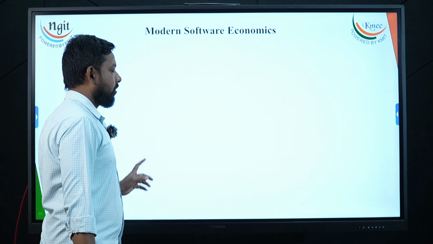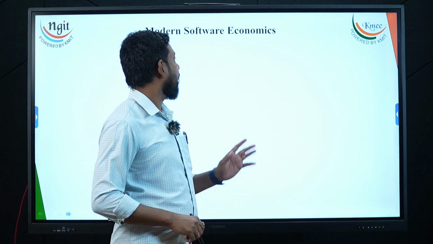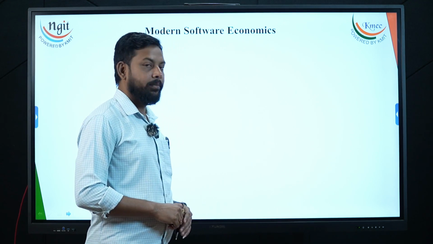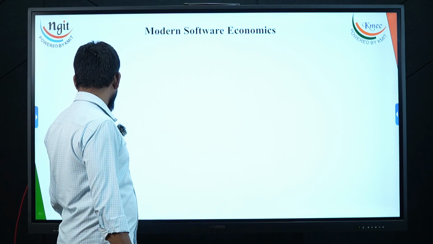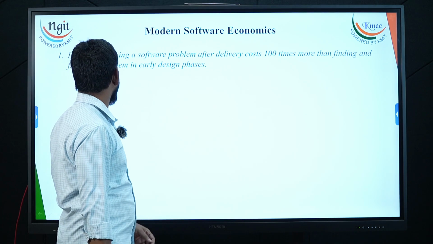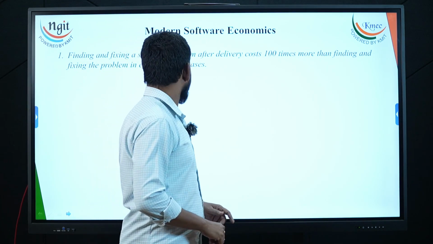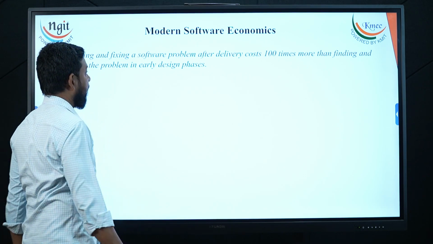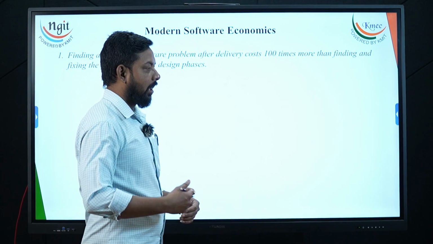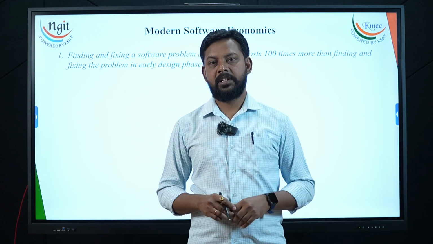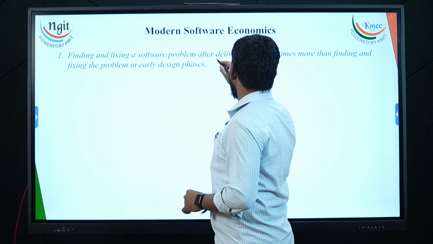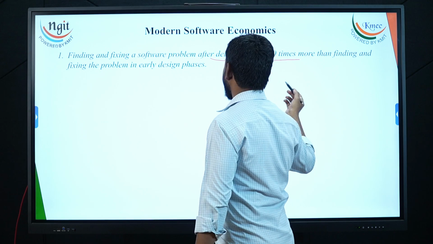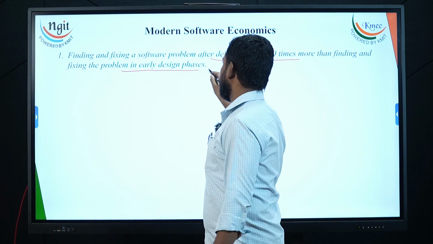Welcome back, students. So in this lecture, we'll try to understand modern software economics. In modern software economics, we basically have 10 different principles. The first principle is that fixing a software problem at delivery is going to cost around 100 times more when compared to identifying the problem at the early stages. So here the delivery cost is going to be 100 times when compared to identifying the problem in early design